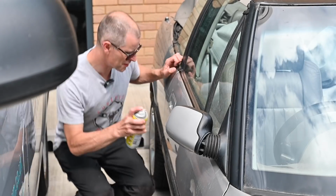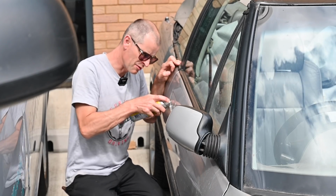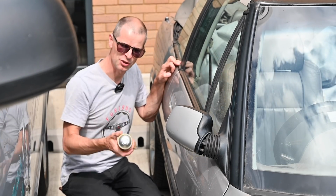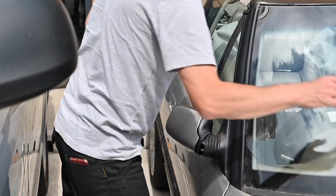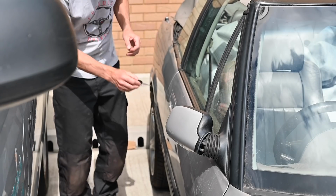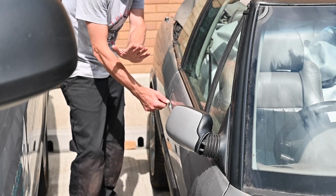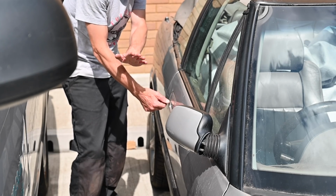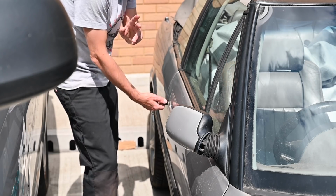So, as has been suggested by a couple of people as well, I have also been chucking a bit of electrical contact cleaner into the lock. I will lube it with some proper lithium lock grease when I'm done. So starting with the car locked, you then hold it for 5 seconds in the lock position. 1, 2, 3, 4, 5, and then you do